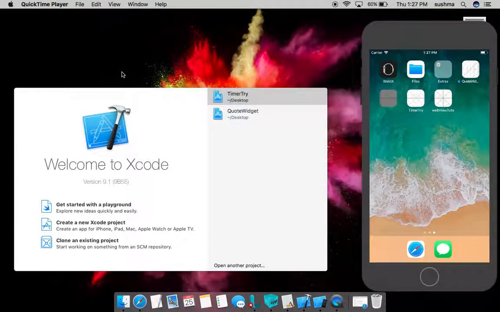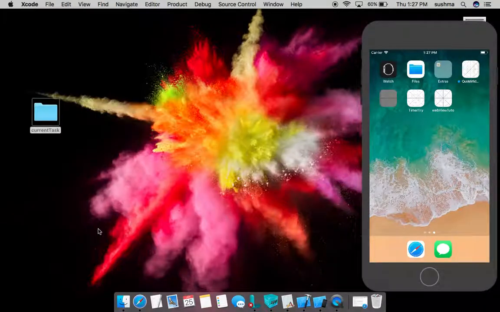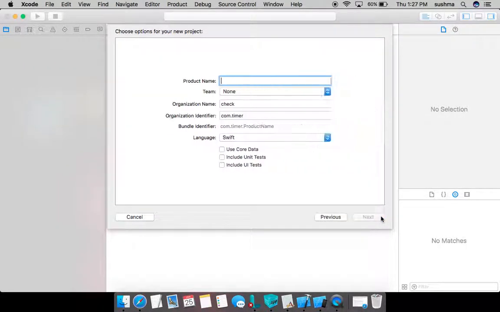Hello, in this video you'll see how to use inner timer. Timer is basically used to fire some action or event after a particular time interval. So if you want to repeatedly do some task in an interval of a few seconds, then we can go for timer. So I'll create a new Xcode project, single view app, timer tutorial,